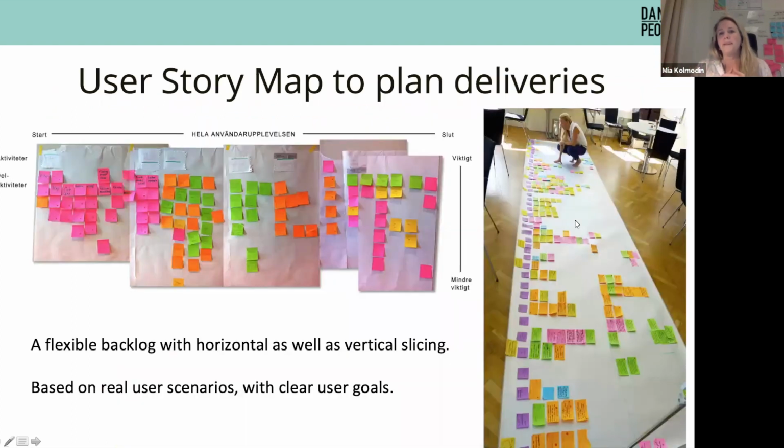User story mapping. This is one way to plan where we are when we are in complexity. So looking at the customer journey, which are the different things that the customer will be doing, and create a flexible and also, as you can see, a very transparent plan. So this is the backlog. This could be the backlog for one team. It could also be the backlog for many teams, where you pull up things based on the sprint goal or